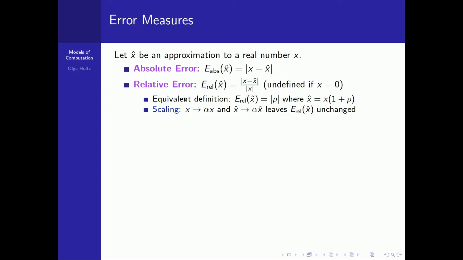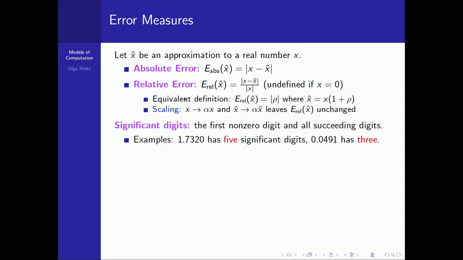So there, what you see is two slightly different definitions, which are the same. Either you look at the absolute value of the difference between the computed value and the true value, and divide by the absolute value of the true value. Or you can say your computed value is equal to the true value up to a factor 1 plus little rho, and then you want to bound the little rho in absolute value, and that's going to be your relative error in this scenario, right? So however you want to think of this, it is the same thing, and you can notice that it scales. If, of course, both x and x hat scale by the same amount, then your relative error will be unchanged.